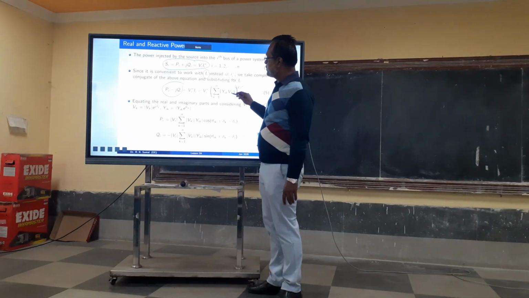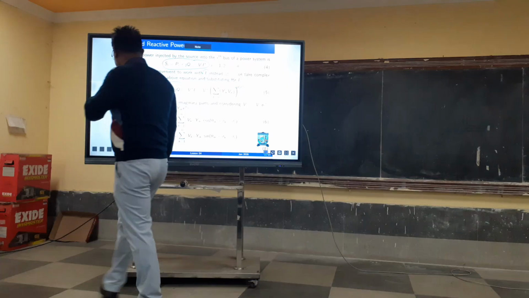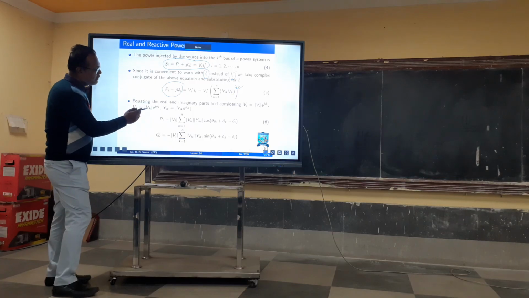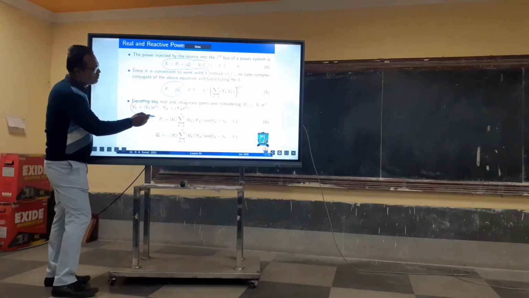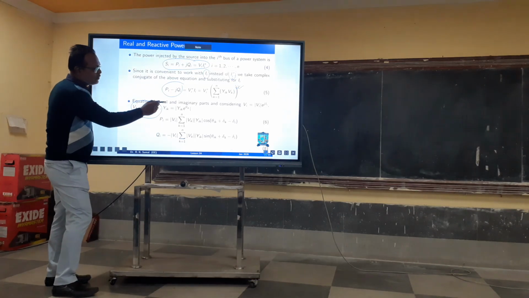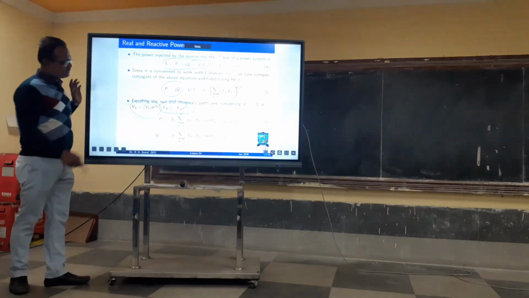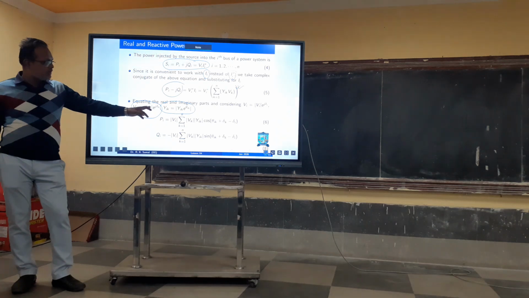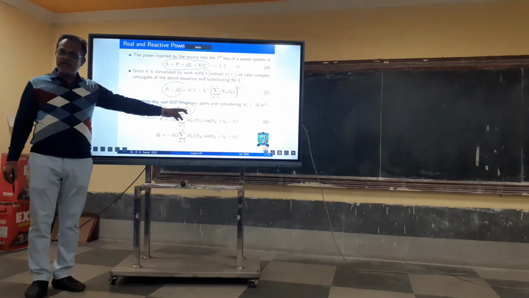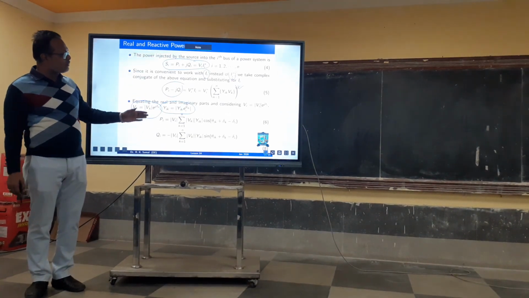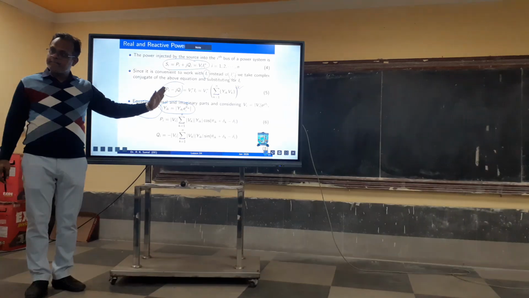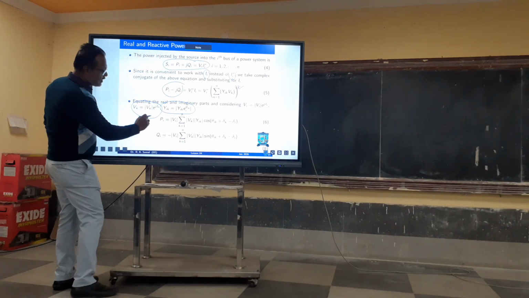Simple. Now, as I told you, these voltages are vector quantities. So any voltage can be written as a magnitude and an angle. In Euler form, it is Vk e to the power j delta k. Yik can be written in this way. Write down these two values of Vk and Y. See, these are both complex. This means cos delta k plus j sin delta k, cos theta ik plus j sin theta ik. Now, if you substitute all this into this equation and separate the real and imaginary parts, we get the final